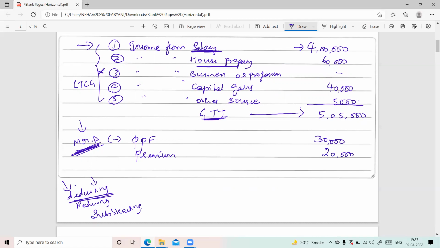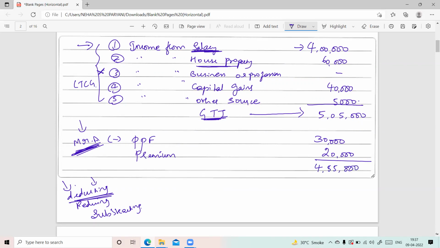Along with this, there are also many different deductions which are provided by the Income Tax Act. On these deductions, any tax will not be charged, and these deductions will reduce the tax burden of an individual. After deductions, whatever income we get, we call it total income. So out of 5,05,000, if we deduct this 50,000, it will be 4 lakh 55,000